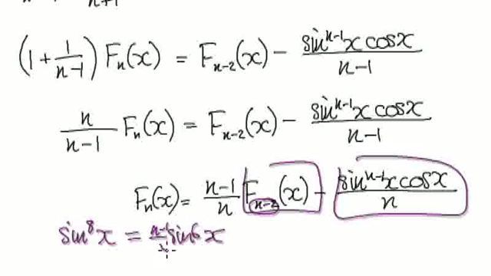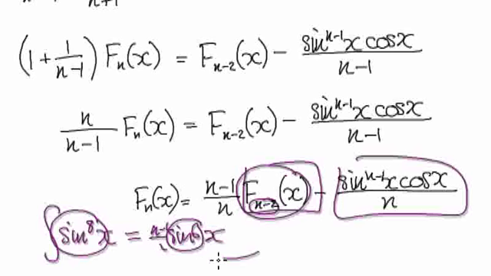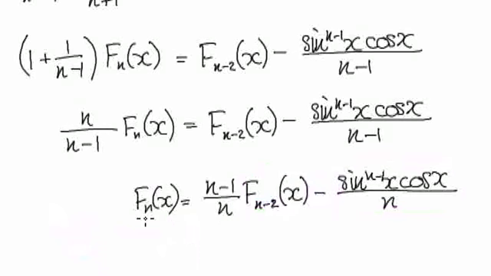If you're trying to integrate this, you need to know sine to the power of 6. You need to know this. Well, how do you find sine to the power of 6? Then you would set this to be 6. So you've got to work out sine to the power of 6, and that will be